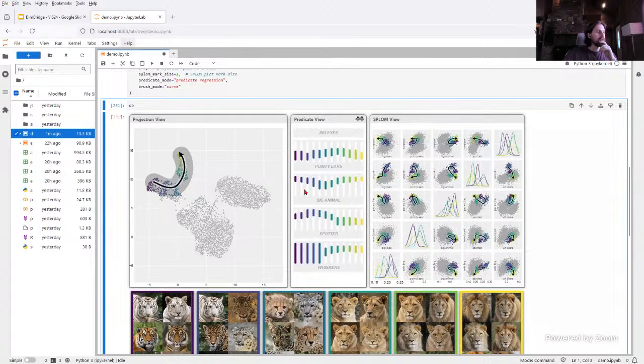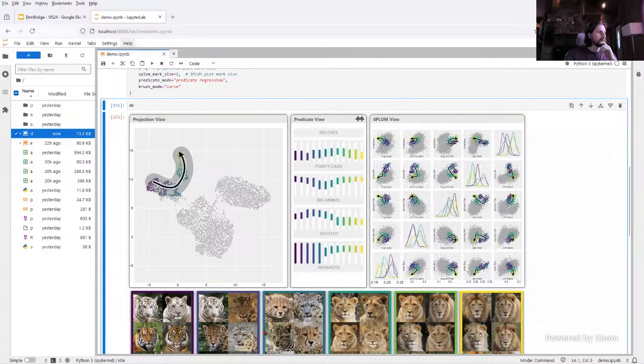We can see how, for example, in the big animal dimension, we start with larger animals with tigers. It gets lower as we go through this cluster, and we're hitting more of the smaller animals. And then finally, at the end of this cluster, we're back to lions, back with higher values of the big